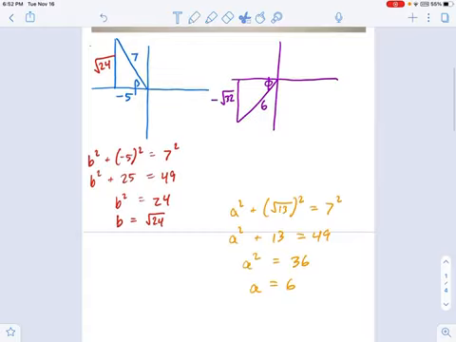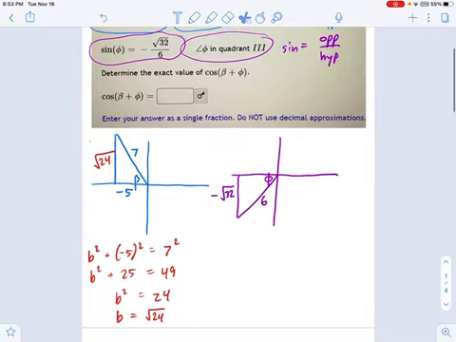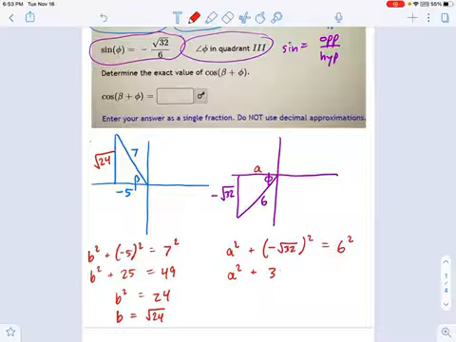Let's clear that old work out of the way. And for this triangle over here, let's just call that side a for argument's sake. And I'm going to say a squared plus, put this all in parentheses, negative square root of 32 squared equals 6 squared. That's the Pythagorean theorem at work. And now as I work through this, I see a squared plus, well, square a negative, it just goes away. Square a radical, that goes away. So all I have left is 32 equals 36. So that means a squared equals 4, which means a equals 2.